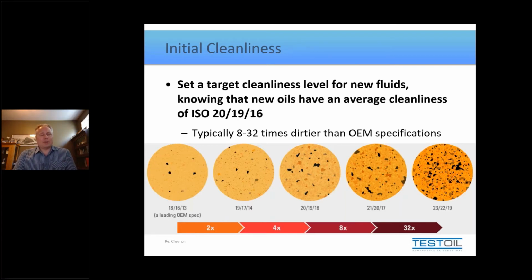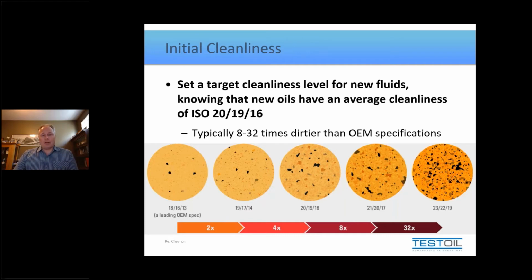I know frequently from giving this presentation that as soon as I say 20/19/16, there are some people that will understand exactly what I mean by that, and there will be others who go, I don't know what you're talking about. I don't understand those codes, or I understand the code from a certain perspective, but I don't really know what that means. So let me explain ISO coding for a second here so we can all get onto the same page so we can understand the statement of 20/19/16 a bit clearer.